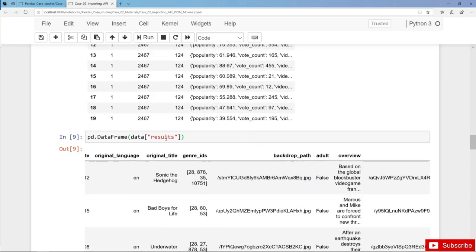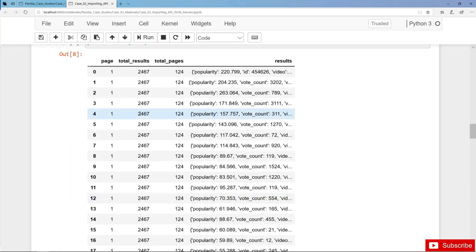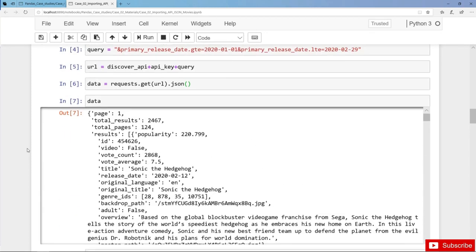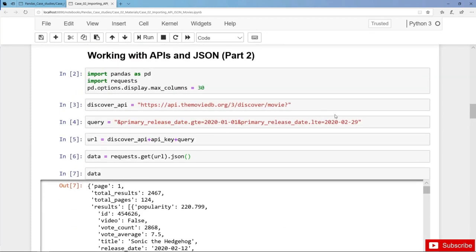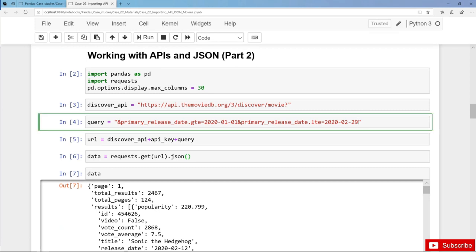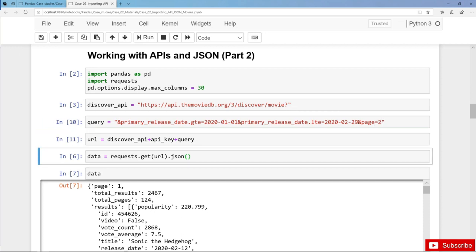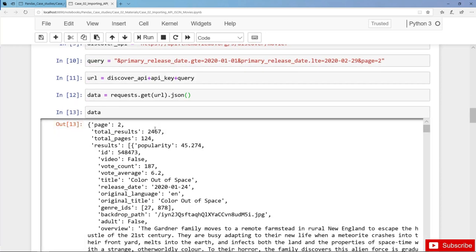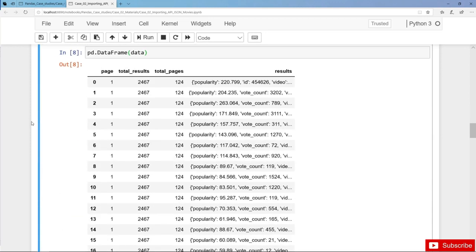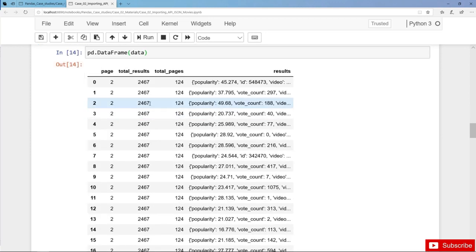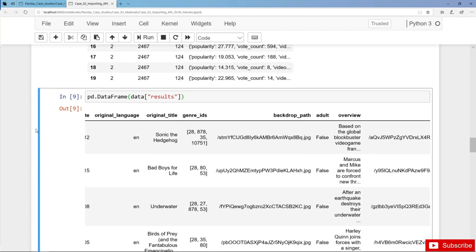Now the question is, how can we get the second, the third, and all of the other pages? It's no surprise that we can add an additional parameter, page. So we use an ampersand, and then by default page equals 1, but now we can pass page equals 2. Let's have a look if we get page 2. And this is the case. Now here we have the second page with the movies from